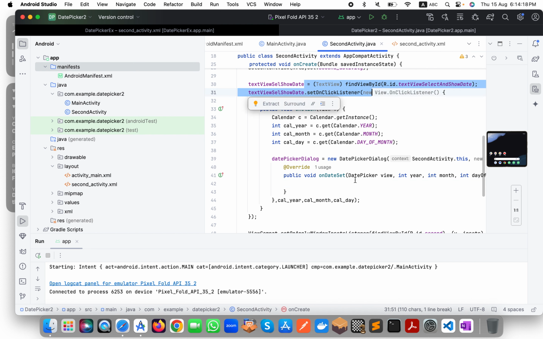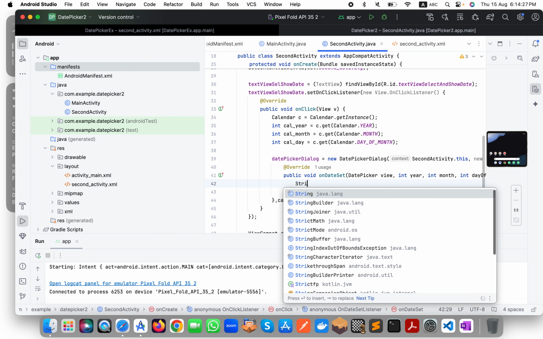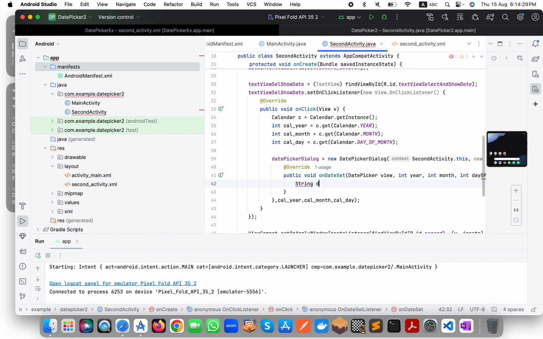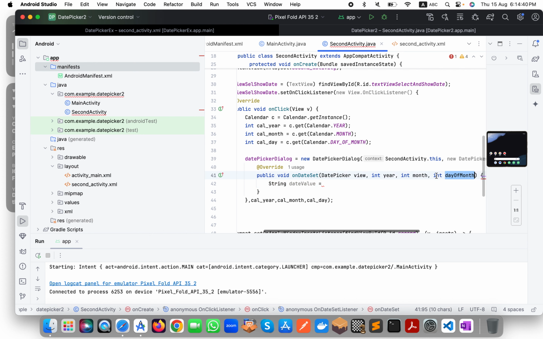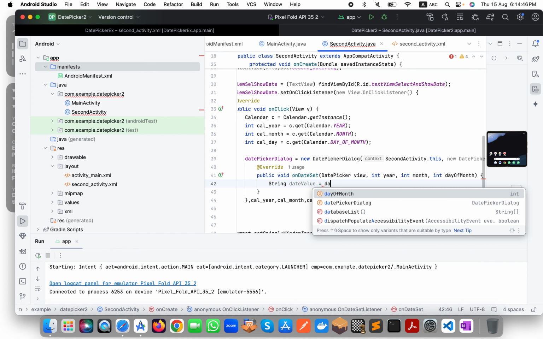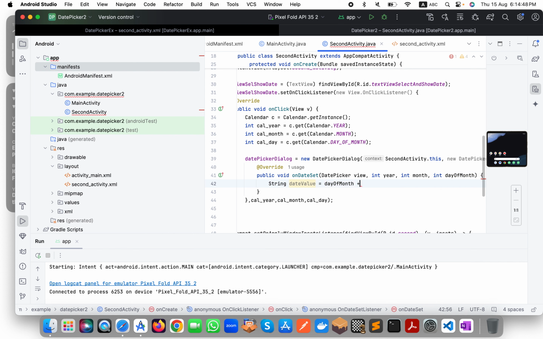Okay, for this text view. So how do we do that? So first of all, what we can do is we can extract it in a string. So I'll again say string, and I'll call it as date value is equal to, what is the date value? How do we get it over here? So for that, what we can do is simply see, we are getting it from year itself. So we have day of the month, we have month, and we have the year. So I'm just going to write over here day of the month plus